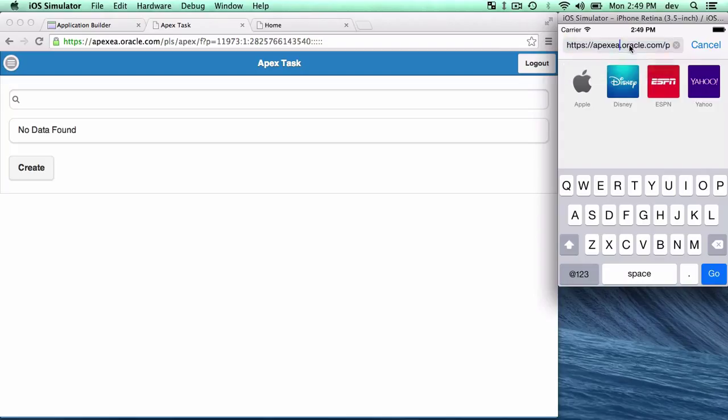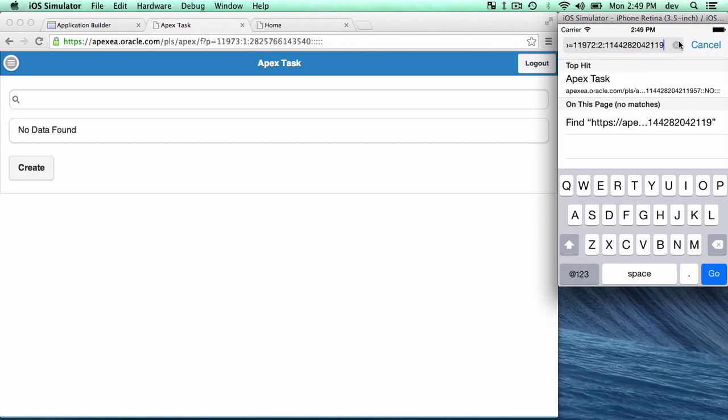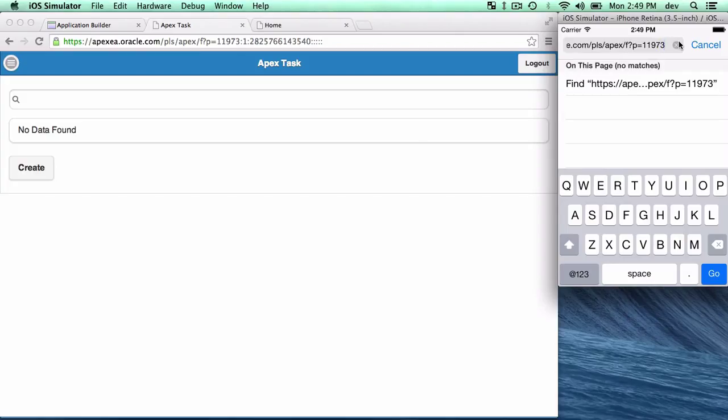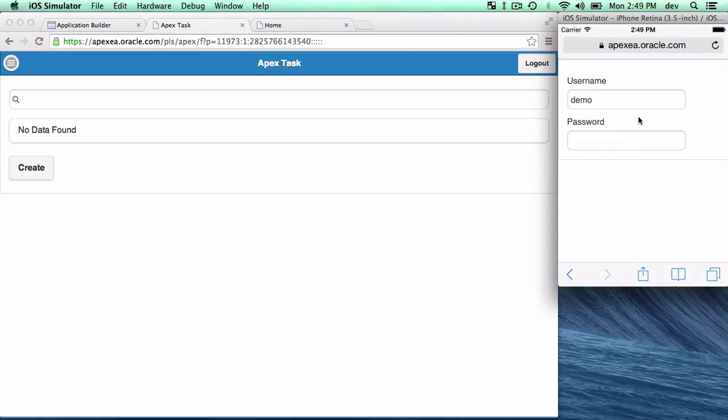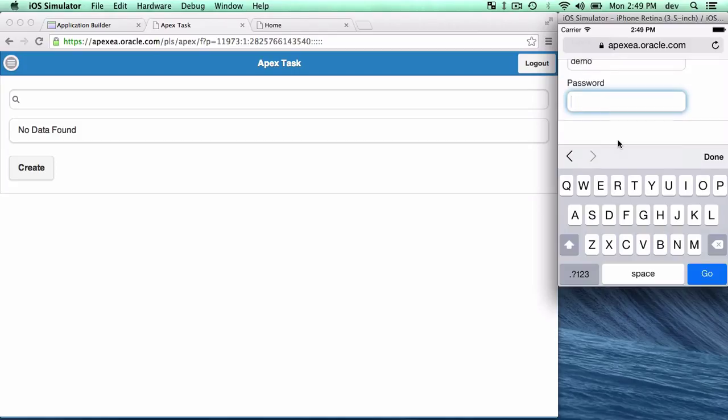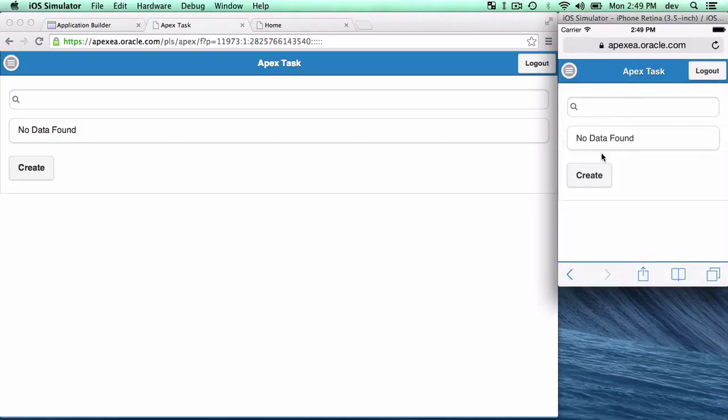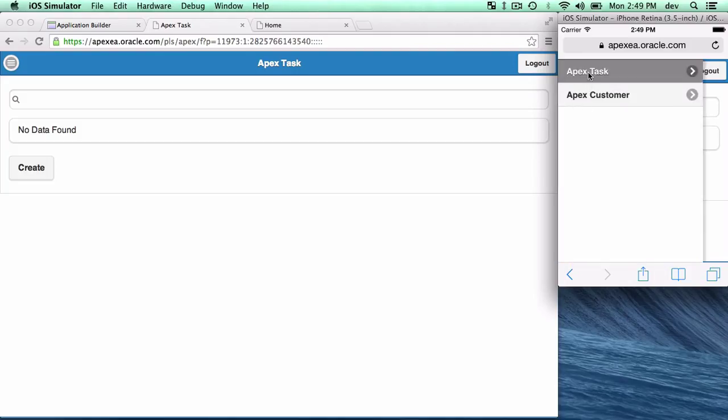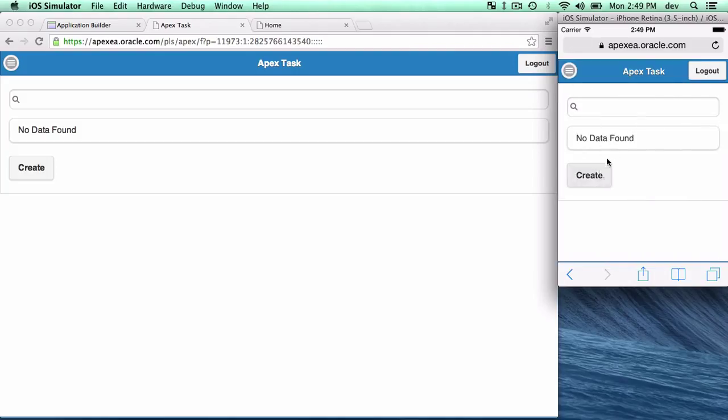What I'm wanting to do is we'll log into that same app here. And really all I need is the first two items. So it looks like it's 11973 and page 1. So this is our new app. And now when I go in here, I should have a create button, which I do. So I can go to tasks and I can create a new task